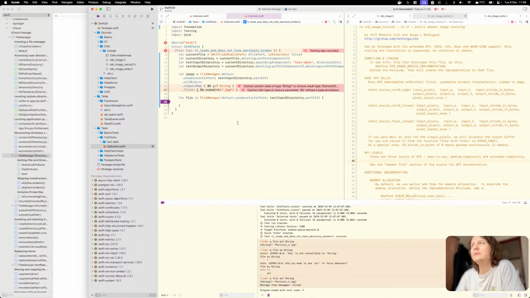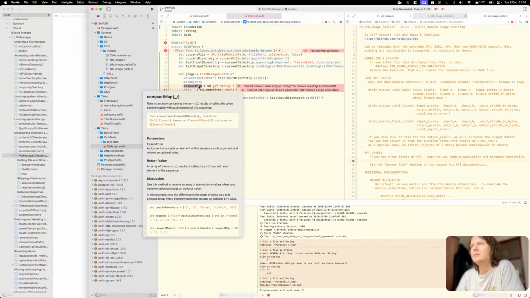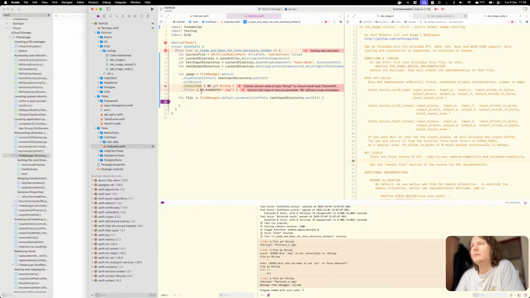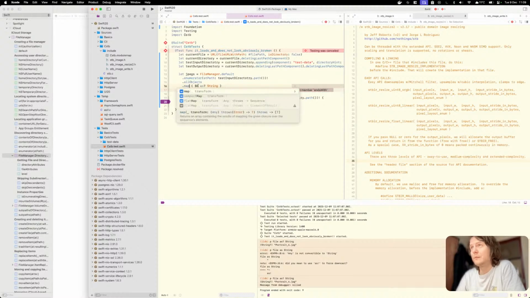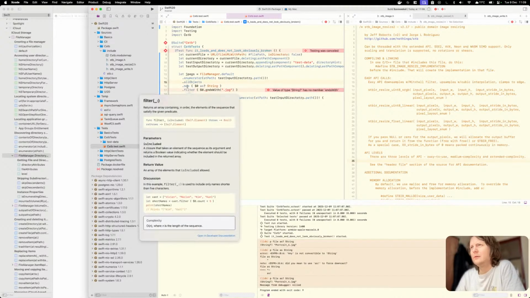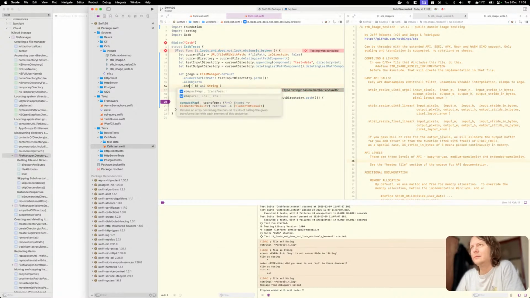Cannot convert value of type string to closure result type. What? Returns an array. Okay, I'm getting a call, I have to